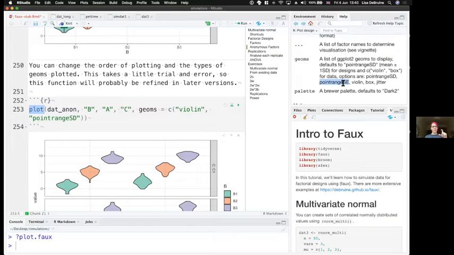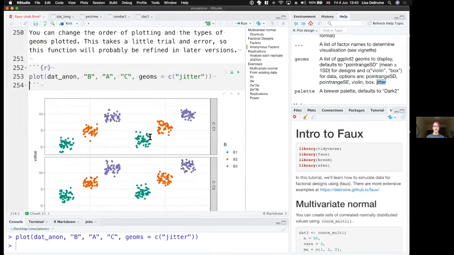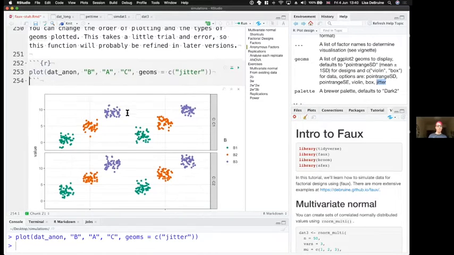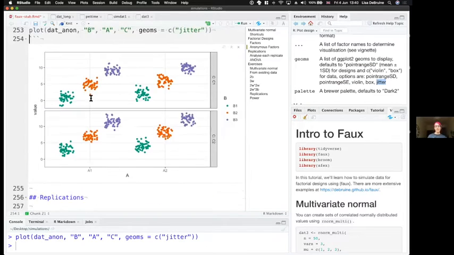I'm going to add on there a 90, like a confidence interval one. Violin, box, and then jitter plot. What does jitter look like? Let's have a look. Okay, you just get a jitter plot, a little cluster of the actual data points. That's just sort of a convenience function, and it outputs